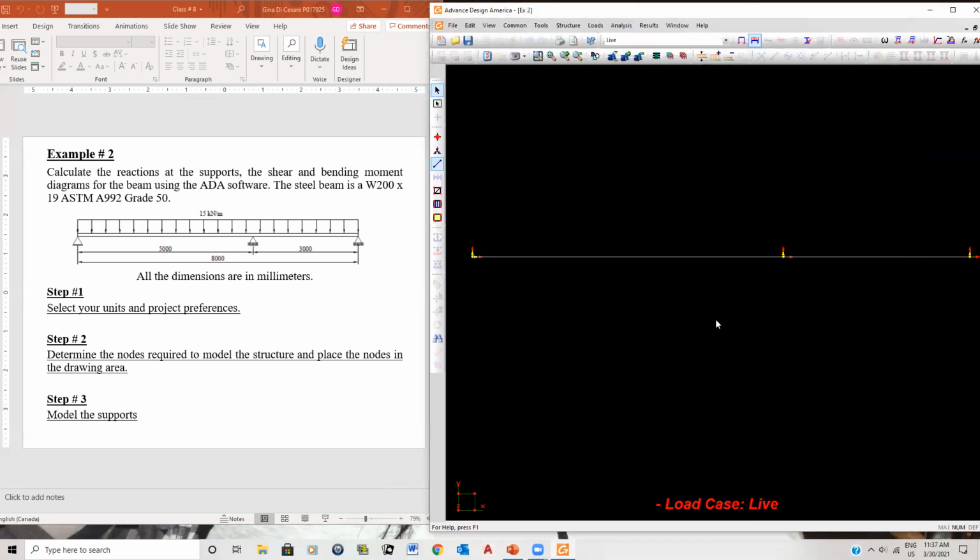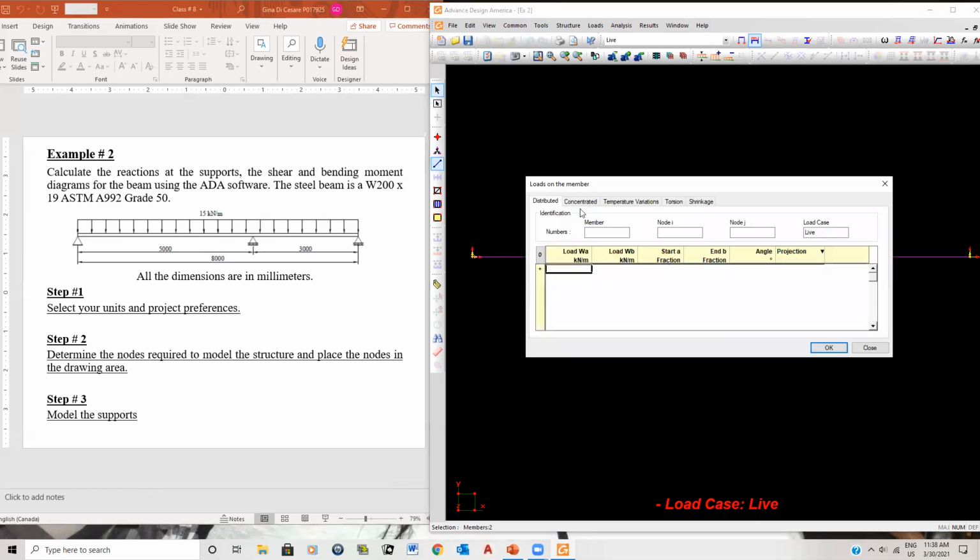Now, only in this case can I pick both members and assign the loads because they have exactly the same load on each member. So this is the only time I will actually pick both members and assign both members the load. That's number one. You should not do this unless they have exactly the same load. I'm telling you right now. If one member has a slightly different load, you have to load each member individually. Now, like I did before, I will right click, I will go to properties,